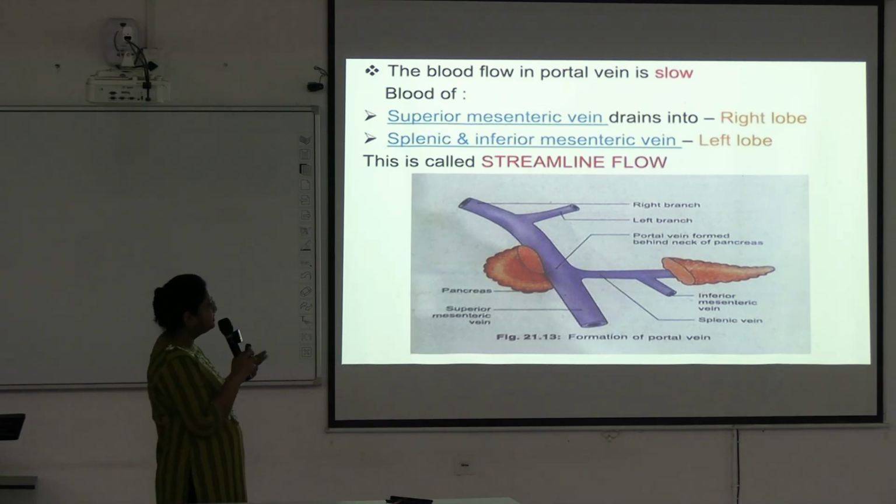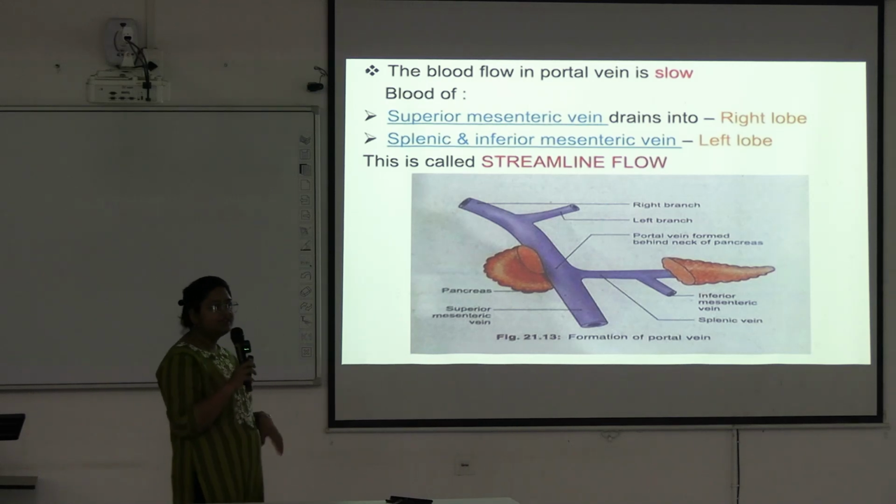And if infection occurs in the left lobe, it can come from the spleen or the inferior mesenteric vein. Okay. So next,